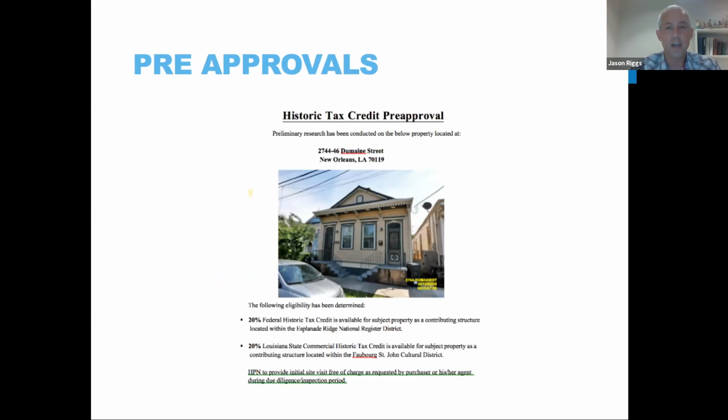And the way we do that is typically by going by the site, checking out the exterior characteristics of the building, doing a little bit of research on the building, and seeing when it was built, is it in the period of significance, and also where it's located within the state and federal maps. So here's an example of a property which was on Domain Street, and we vetted this one out and saw that it's eligible for both programs, the federal and the state program. And so we were able to issue this pre-approval